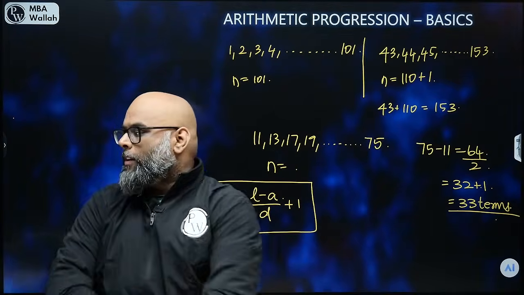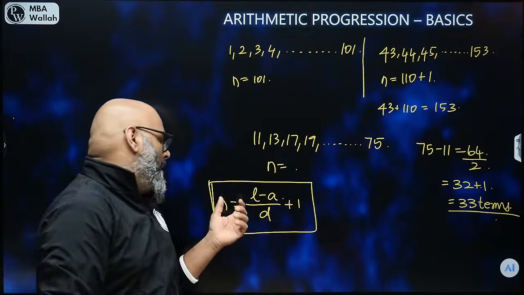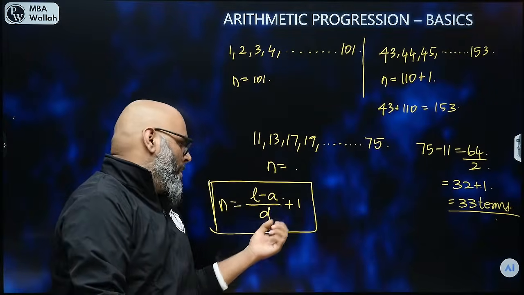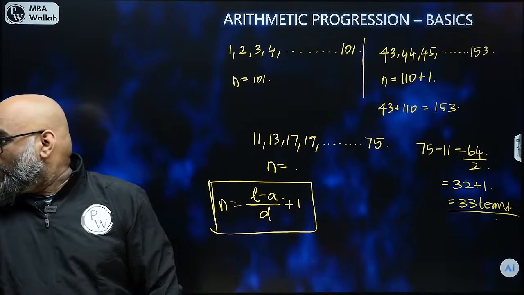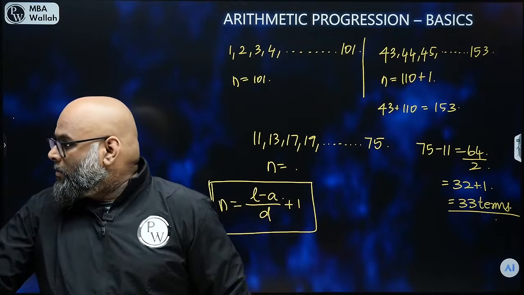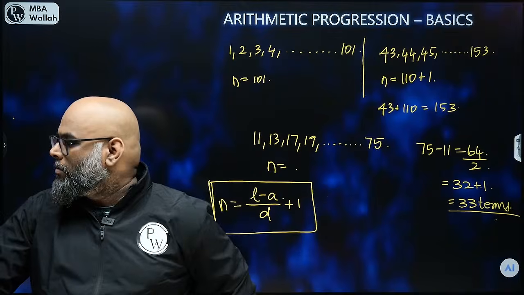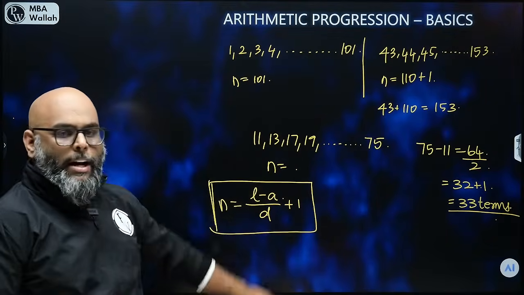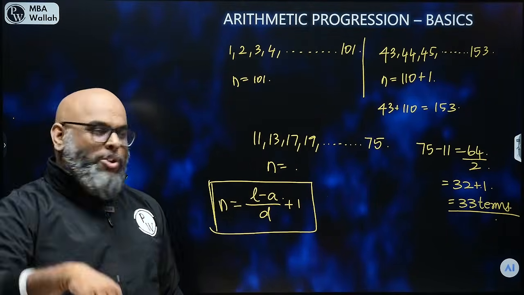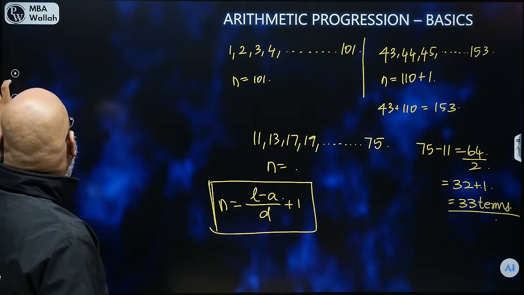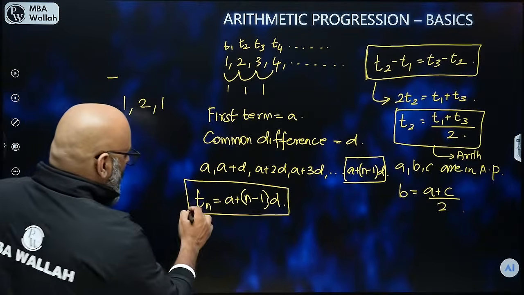And number of terms in an AP is given as (L minus A) by D plus 1. Clear? Any doubts? (L minus A) by D plus 1. It is also from the same format here. If you look here, if I look at this,